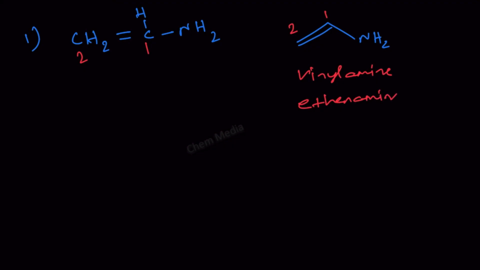ethenamine. By the way, we should not number it from here, left to right, because that would be wrong, because we need to give preference to the functional group. So therefore numbering right to left is correct in this case. So both the double bond as well as the functional group is at one position and therefore ethenamine is the simplest way you can write. If you want to specify the numbers, you have to write it as ethen-1-amine,